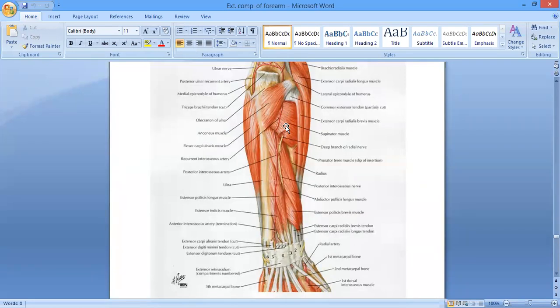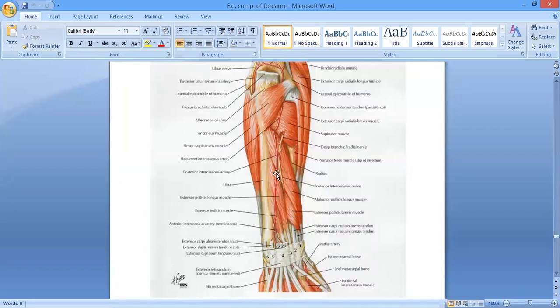ठीक है, supinator muscle के जो fibers हैं इसके दरमियान में ये run करेगा with the two planes of supinator muscle and winds, and then it is going to leave the anterior compartment by passing through the supinator muscle, and it is going to enter into the posterior compartment of the forearm. ठीक है जी, posterior compartment of the forearm. Now over here, it is just going to enter the posterior compartment by piercing through the supinator muscle. ठीक है, lower part of the supinator muscle को pierce करके is going to enter over here in the posterior compartment, and it is named as the posterior interosseous nerve.